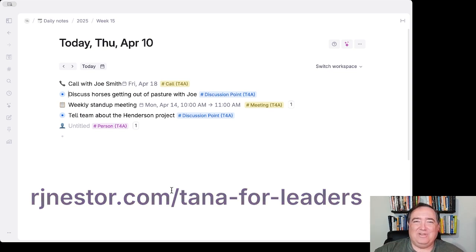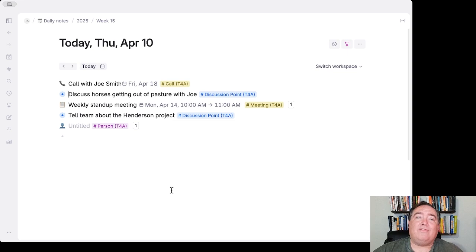So hopefully just walking through this will give you some ideas about how you can build your own way of tracking things you need to discuss with someone, or things that you have up for an upcoming meeting, which are essentially the same thing. And maybe you'll notice that there's a pattern to this that might extrapolate to a lot of other possibilities in the things you're building in Tana as well. I hope it's useful for that.